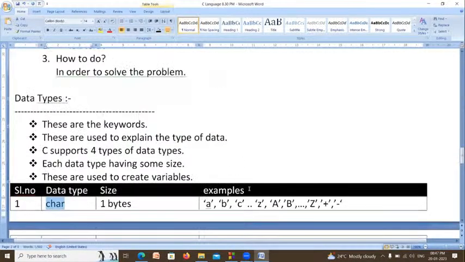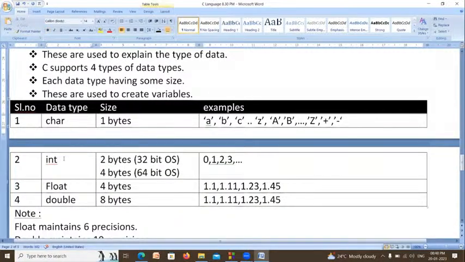So this is about data types. In C language, how many data types are there? 4 types of data types are there. What are those? Character, integer, float, and double. Character means alphabets and symbols. Integer means round numbers. Round numbers are called integers. Floating point number means it has a decimal point.